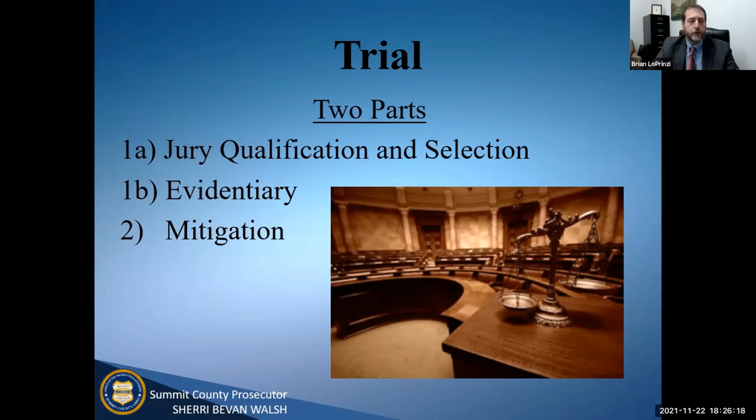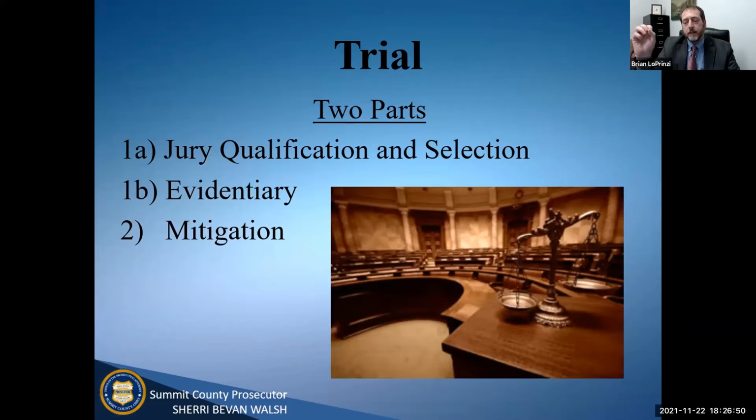So when we go to trial, this is basically what you see on TV. The part you won't see is the jury qualification and selection. So for the jury qualification, we have a special qualification in death penalty cases. Following that process, we have an evidentiary phase. That's the part you see on TV: opening statements, and then you follow it with the presentation of your witnesses and all the physical evidence and the experts and things of that nature. And then if there's a conviction,